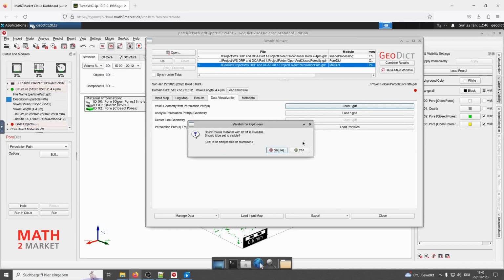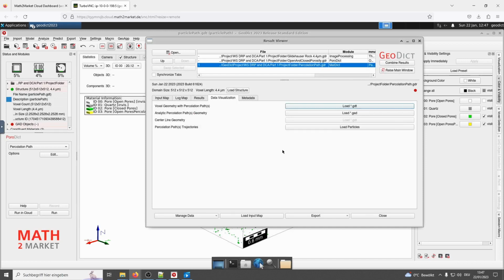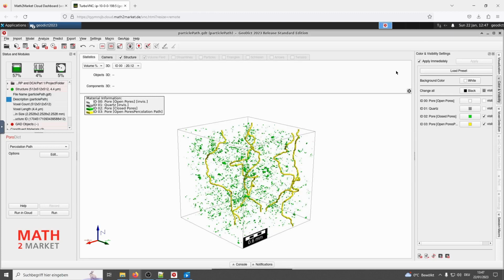And click No. And go to the main window of GeoDict. Together with the pores and closed pores, now you can see an additional material, ID 3, open percolation paths.